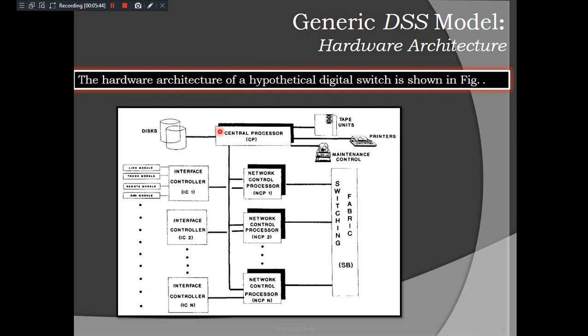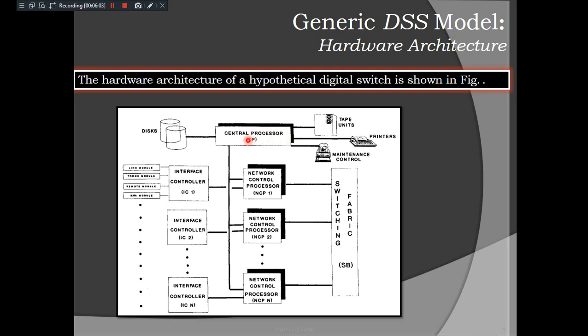Okay. So in the last level we come across the central processor. The switching fabric is also coming, or you can say it is shared between level 1 and level 2. In level 3, at the bottom, we actually got the last part of the figure. So here it has been shown on the top.